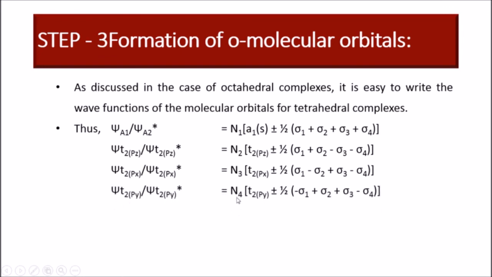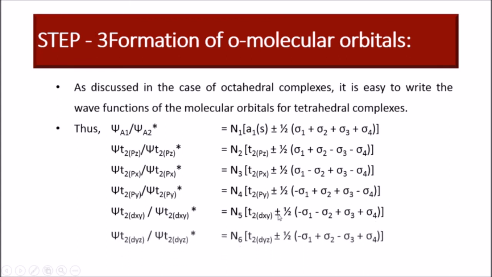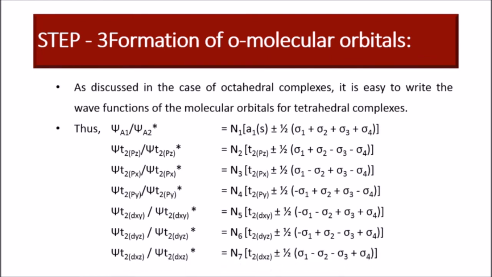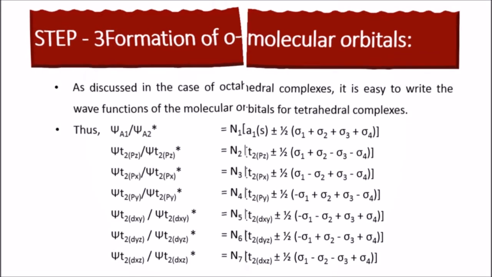This is for PY, N4 is the normalization constant, plus is for bonding, minus is for anti-bonding, and there's the wave function associated with Py. This is T2 symmetry for dxy, and N5 is the normalization constant, plus is for BMO, minus is for ABMO, and in much the same way dyz and dzx can be represented as the MO sigma orbital of tetrahedral geometry. After MO formation, we know that step number 4 is our